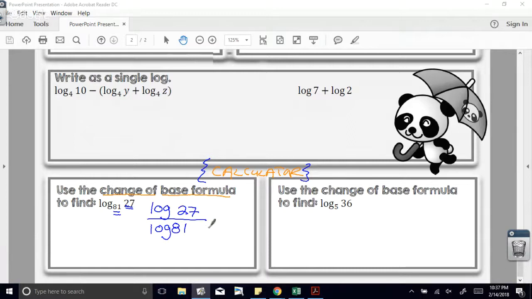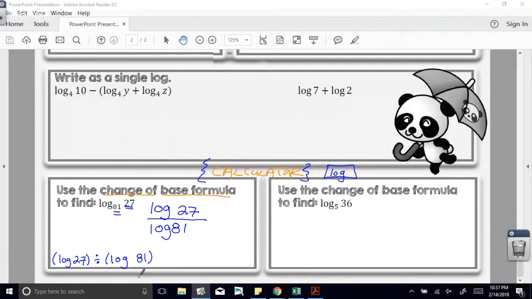My caution to you is make sure, depending on your calculator, you hold your parentheses. So when you do this, you're going to do parentheses, log of 27. And a side note, there is a log button, L-O-G. You're then going to do divided by, parentheses,